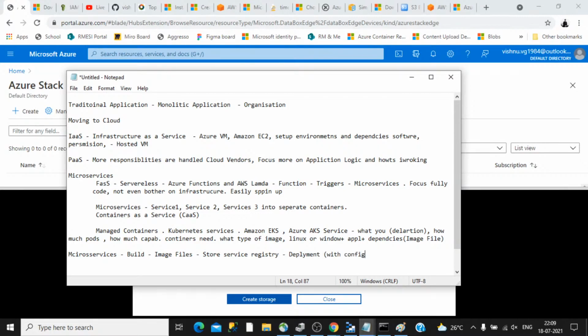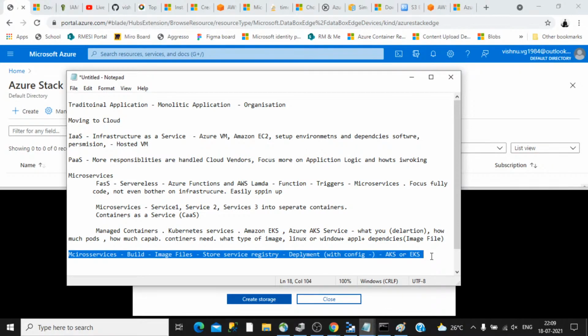The configuration includes how many pods we want, how much capability, how many containers we need, and all those things. Then we deploy that to AKS or EKS. This is interesting, and I have already taken a session on Azure Kubernetes Service, so you can check out the channel and watch that session for more information on this kind of deployment.